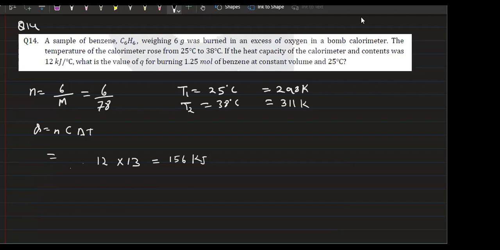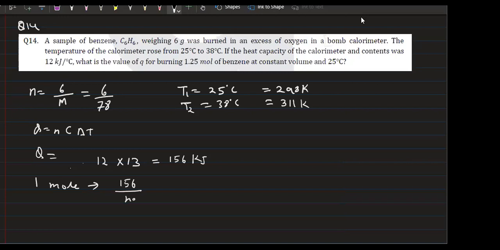So this is the total heat released, okay, because यहाँ पे दिया हुआ है, बॉम्ब कैलोरीमीटर जो होता है वो कांस्टेंट वॉल्यूम पे होता है, तो सिंपली फॉर्मूला तो यही हो गया. ठीक है, राइट, ये हो गया. नाउ ये जो है वो 1 मोल है. 1 मोल कितना एनर्जी रिलीज कर रहा है? 1 मोल जो रिलीज कर रहा है, राइट, कितना होगा? ये टोटल एनर्जी है, सो इट इज टोटल बाय नंबर